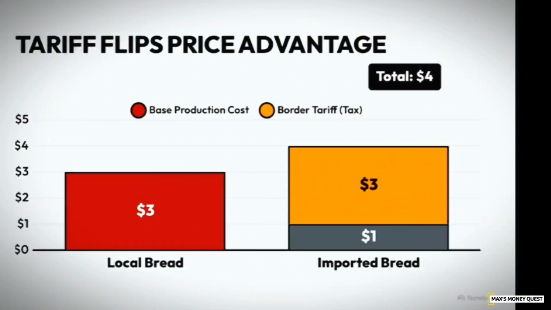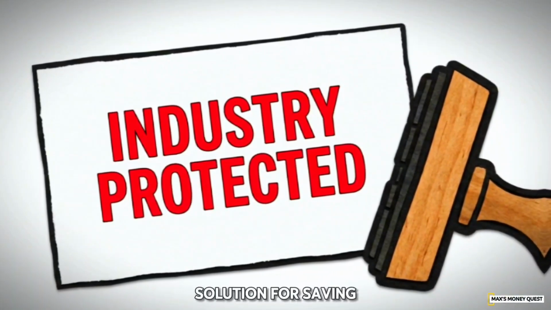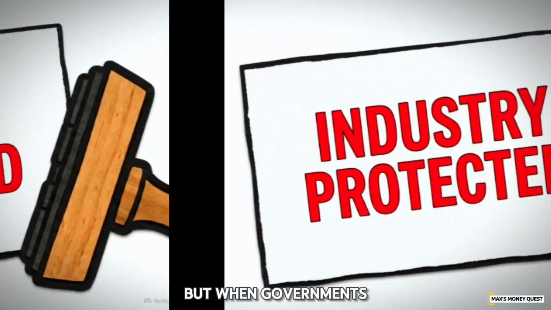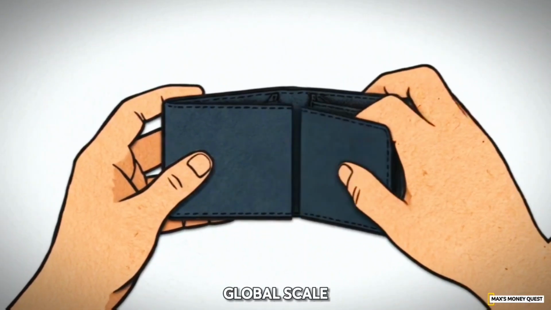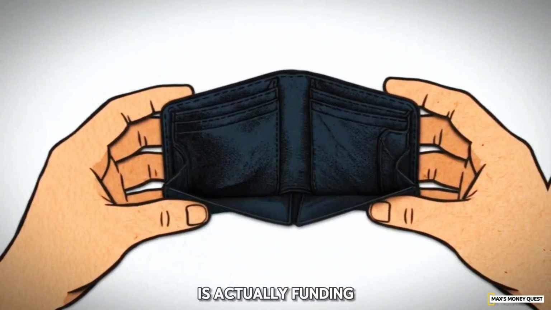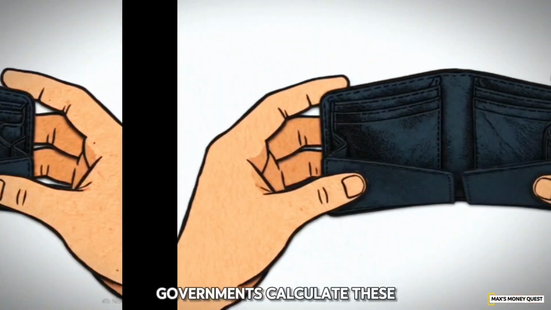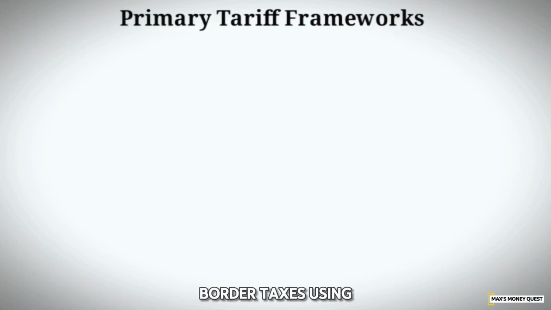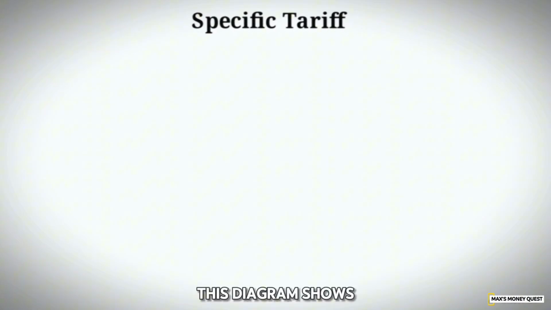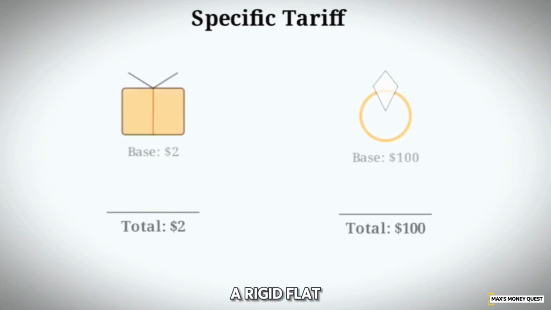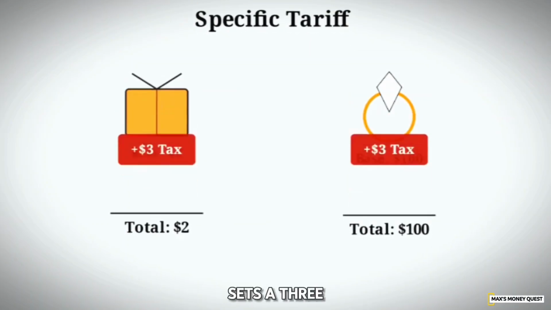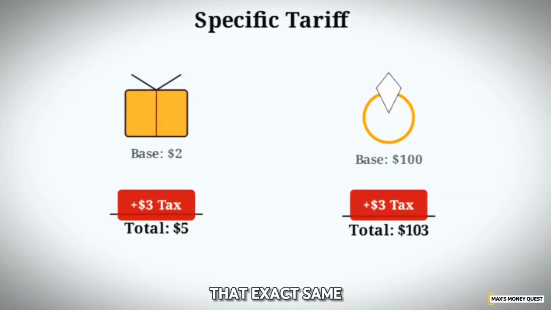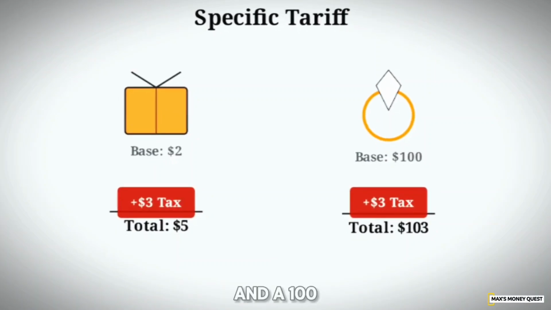affordable choice. It seems like a straightforward solution for saving domestic industries, but when governments deploy multi-billion-dollar trade barriers on a global scale, we have to ask, whose wallet is actually funding that tax? Governments calculate these border taxes using two primary frameworks. This diagram shows a specific tariff, a rigid, flat fee applied regardless of the item's market value. If the state sets a $3 fee, that exact same amount is added to a $2 import and a $100